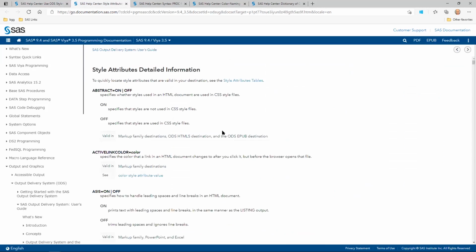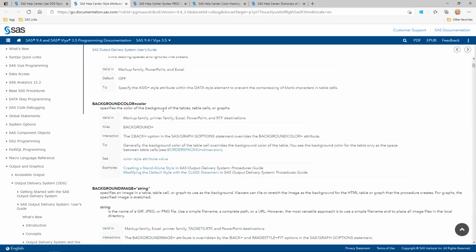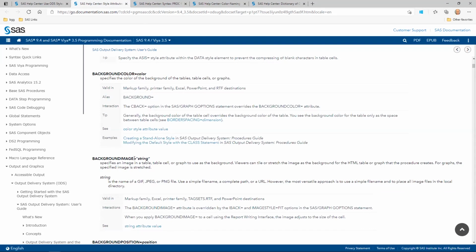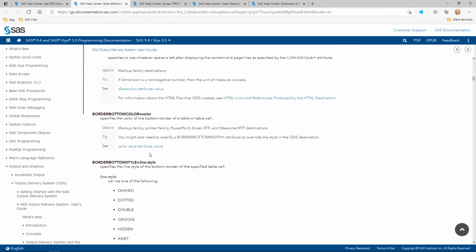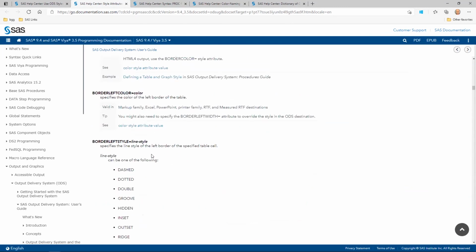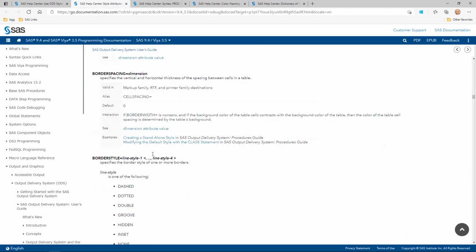This next documentation link shows you many of the style options in detail. As you go down, here's a background color, and so on. It goes into more detail of the various options that you can apply using ODS style options.